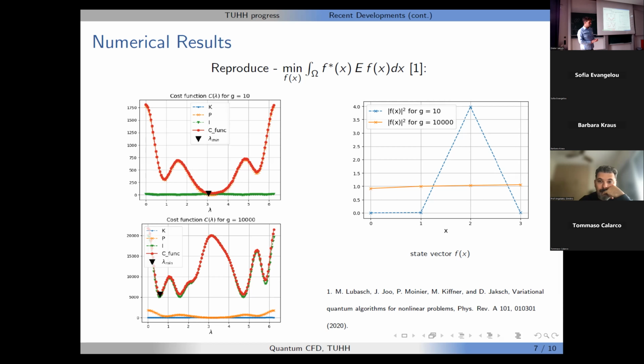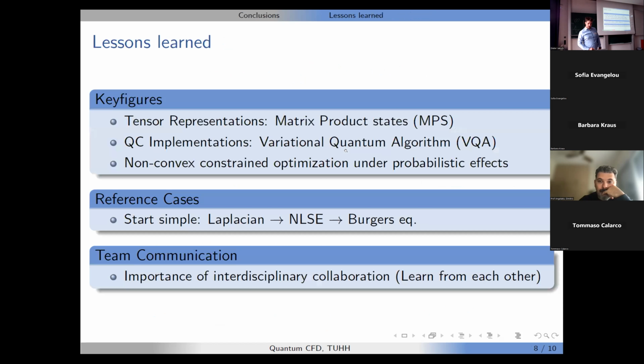But this was a major milestone where we thought, okay, we are able to at least understand and reproduce to a certain degree what the professionals from the quantum world are capable of doing. And this is something where we basically got an idea of which direction to aim. So now, can we go further? Yeah. So, lessons learned, basically.